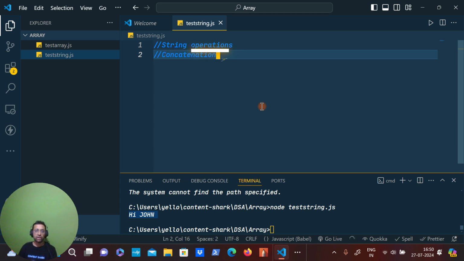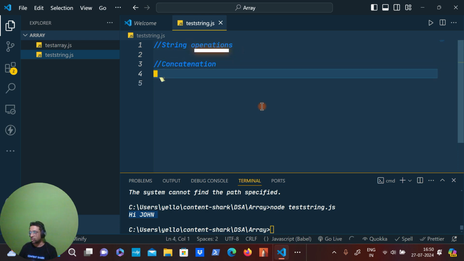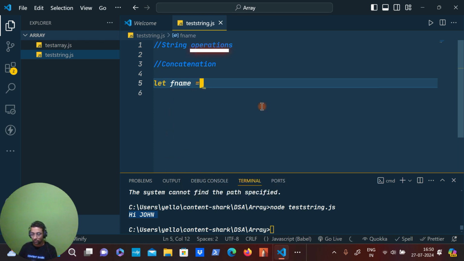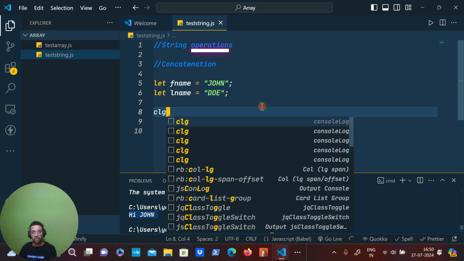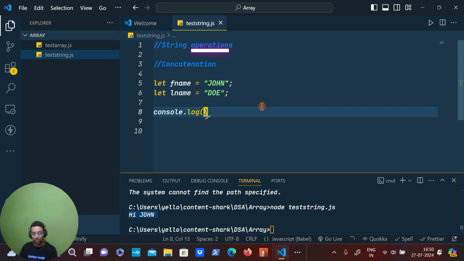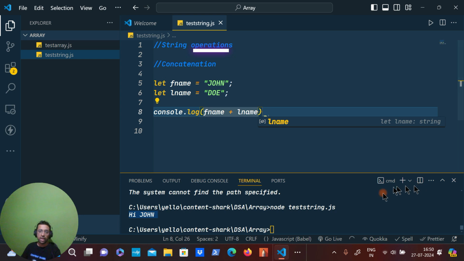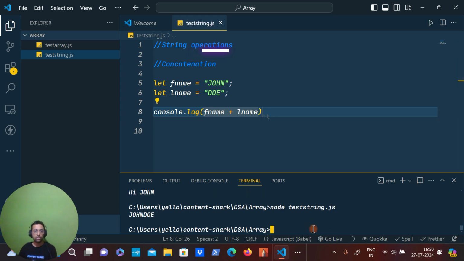concatenation. So what is concatenation? Concatenation basically means adding two strings. It's as simple as that. So I select f name John and then let l name Doe. So how do you concat? You can just give f name plus l name. This is a simple concatenation, and if you run the code now, you can say John